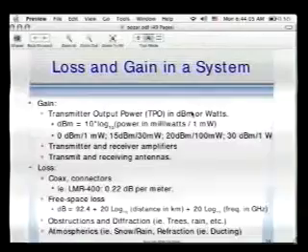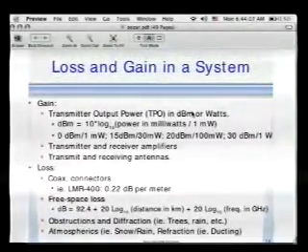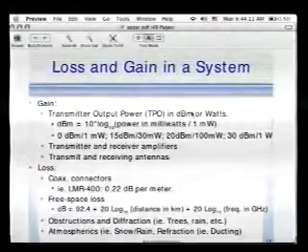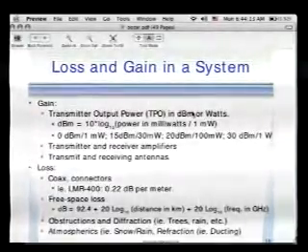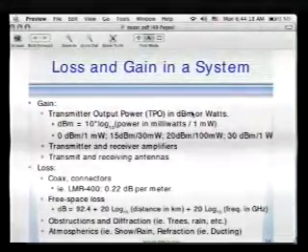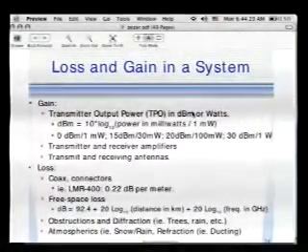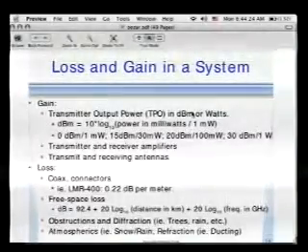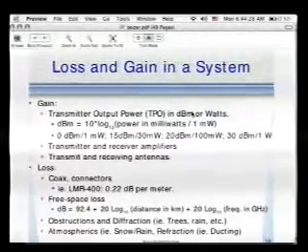So I'm going to go into link budget and path loss for that. You actually have two things that you have to figure out, and it's just a simple mathematical formula to figure out if you're going to have enough signal from point A to point B. You're going to have a lot of gain in certain things like antennas. You'll have gain in the transmitter and receiver amplifiers,